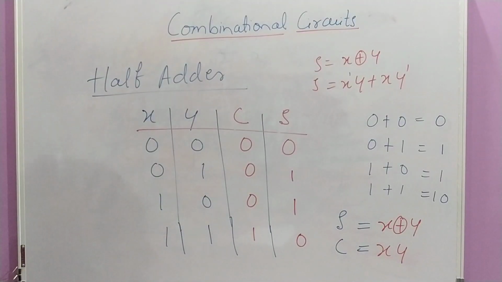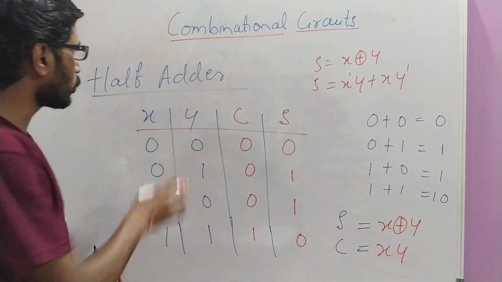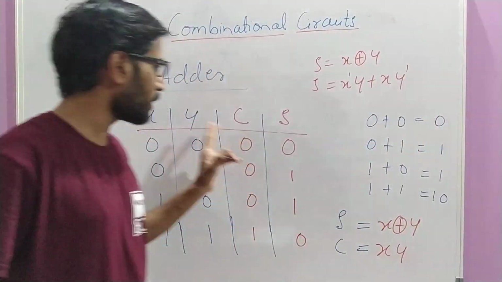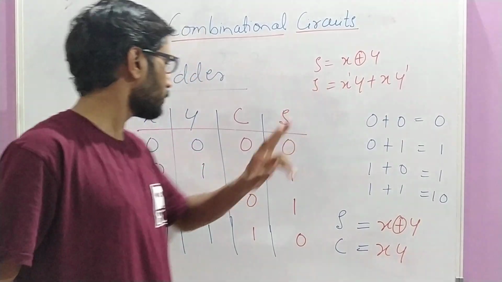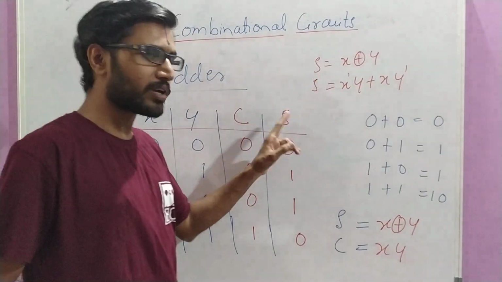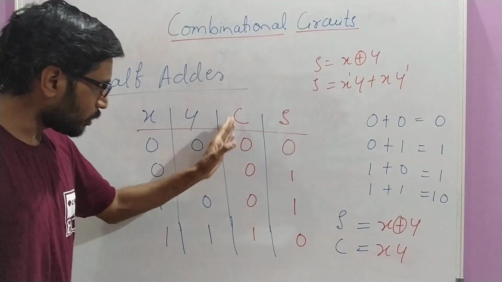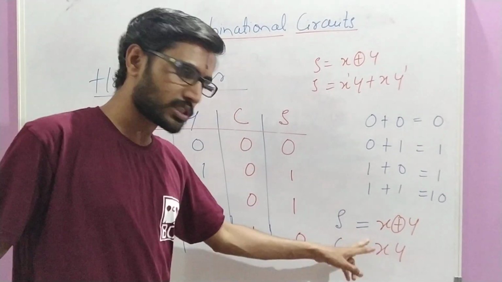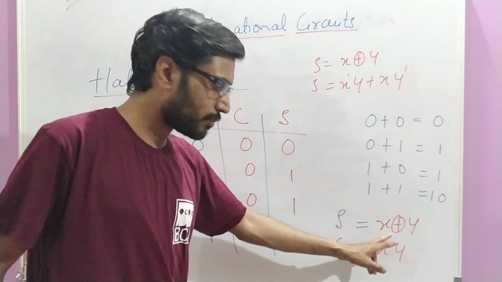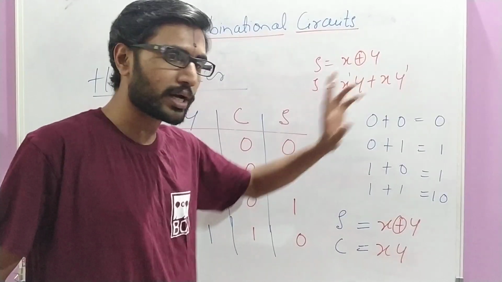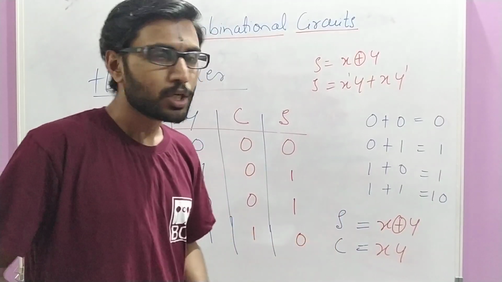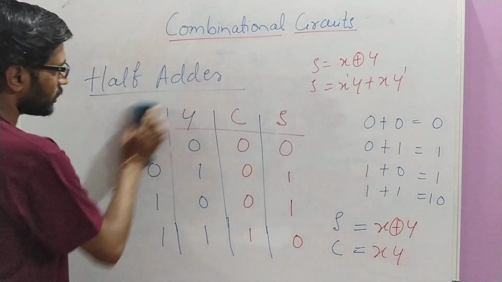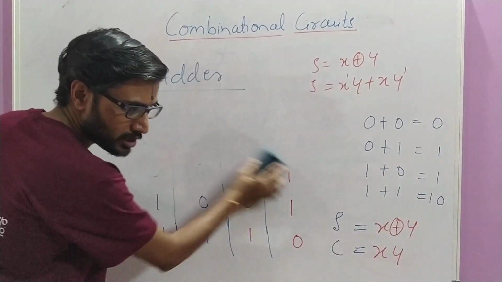So if they ask you about the explanation of half adder for 5 marks, you need to write the basic concept of half adder, what it does, and what the input variables and output variables represent. We know that input variables represent the augend and addend bits, and the output variables represent the sum and carry. By looking at this output, we can have two expressions, one for the carry and one for the sum. For the sum, the expression will be x XOR y, that is x dash y plus x y dash, and for the carry it is xy. Once you are clear with this truth table and the expression, the remaining part, designing the circuit diagram, is very easy.